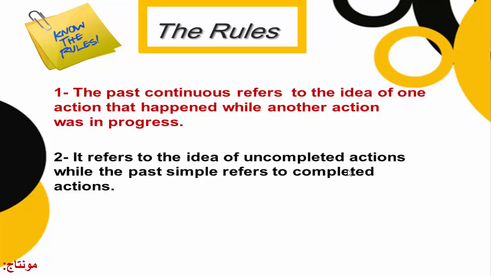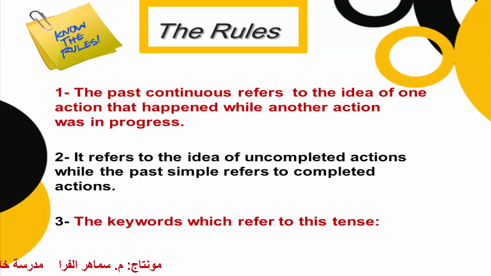Nothing interrupted it, so it is completed. And this is the main difference between the past continuous and the past simple tense. The past continuous is not completed because it is interrupted, while the past simple is completed. Okay, let us see. Number 3, the key word